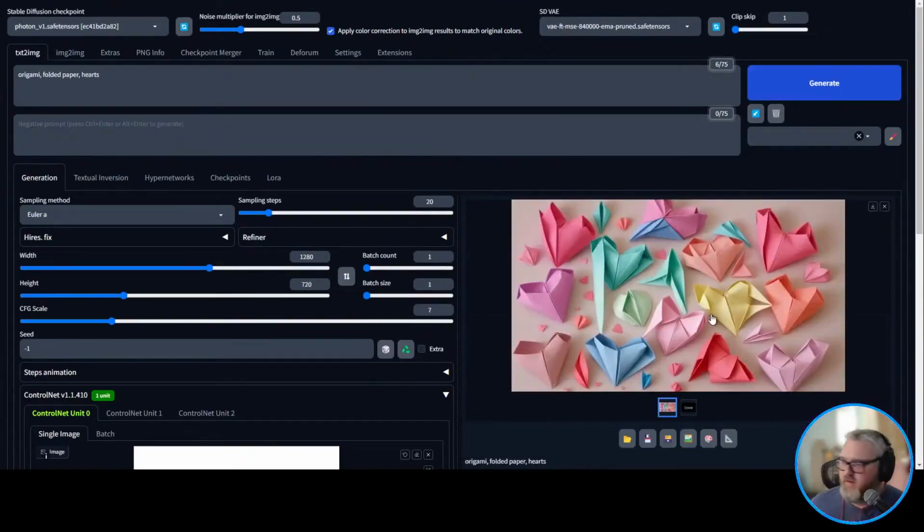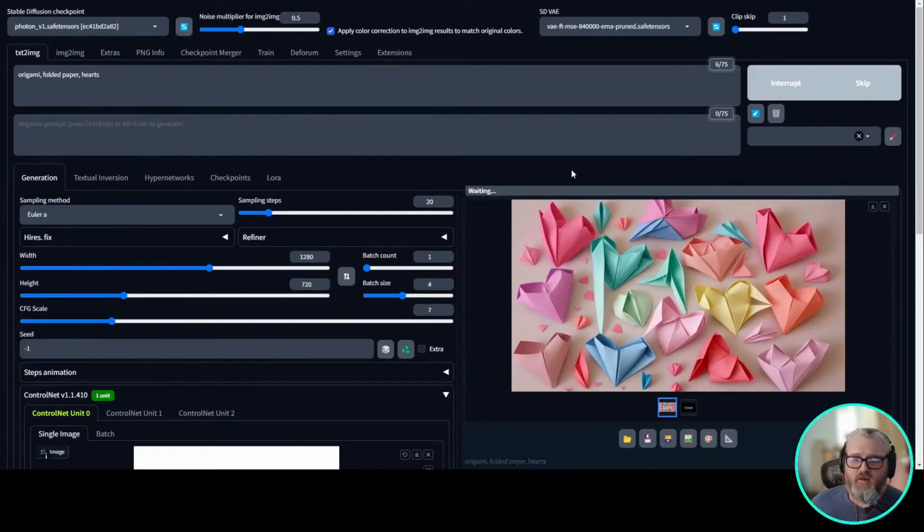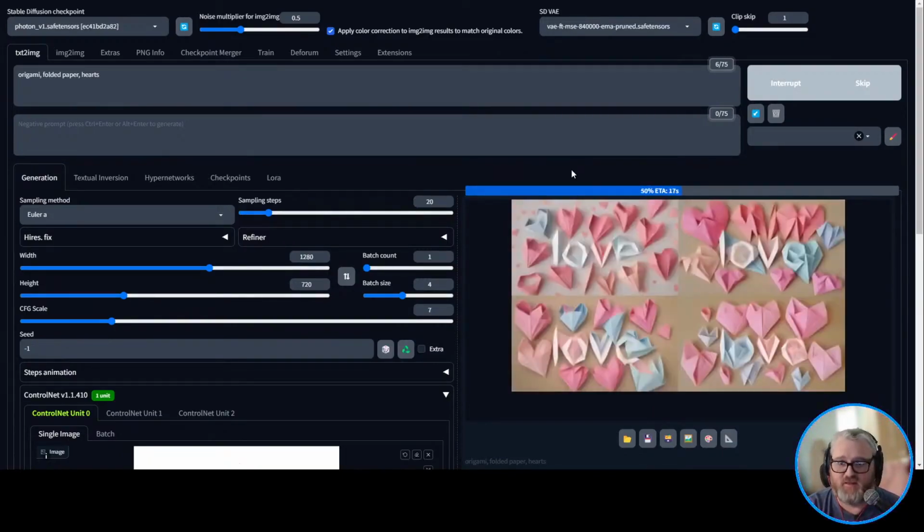Yep, you can already see it. Hard to tell up close, but if you look at it small, the LOVE is there. So let's do a batch size of 4 so we get a bunch of different variations. This is the whole workflow until you find the exact sort of image you want. Play with different fonts, play with different words, play with anything you want to play with. You can also use images, shapes, things like that. Now these are a lot more prominent, especially this one here. But as you can tell, this is incredibly powerful from the get-go.